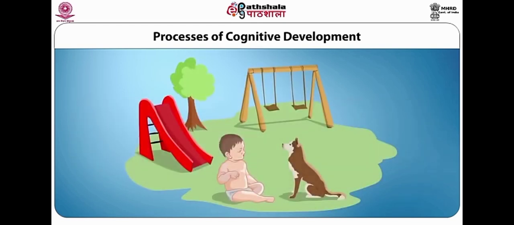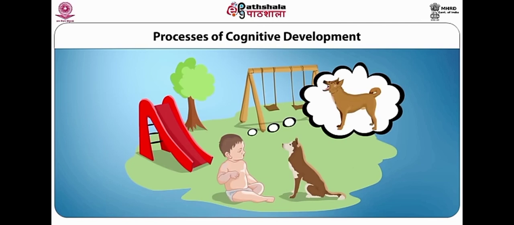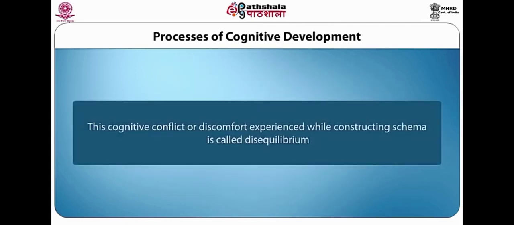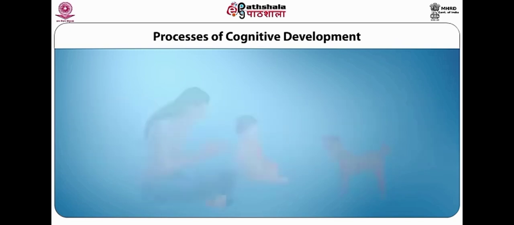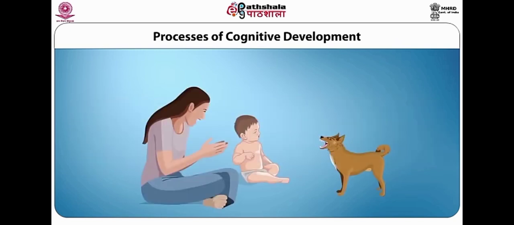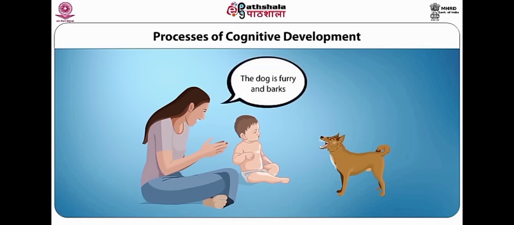Now the child looks at a dog in the park and observes it. He experiences disequilibrium as the schema does not include barking and the furry nature of dogs. This cognitive conflict or discomfort experienced while constructing schema is called disequilibrium. By his mother's reinforcement, the child adds two more traits to the already formed schema, that the dog is furry and barks. That is, assimilation has taken place by resolving the disequilibrium